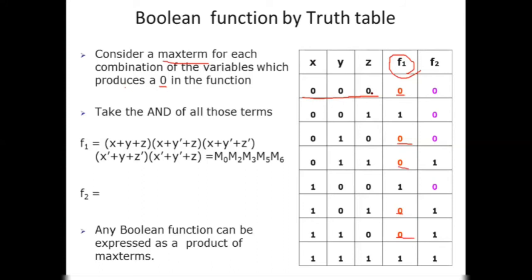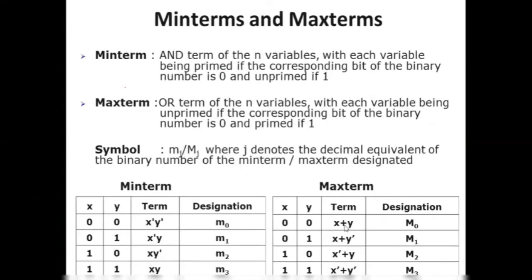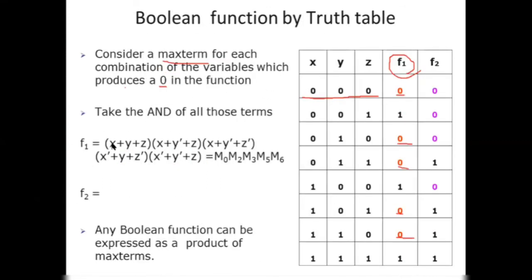It would be kept unprimed. x, y, z, and we use the OR sign instead of the AND sign. That's a max term. So you can see here in max terms we get OR. So we get the OR of x, OR y, OR z, because all of them are zeros. So that's the first